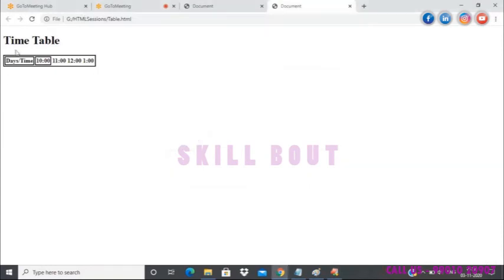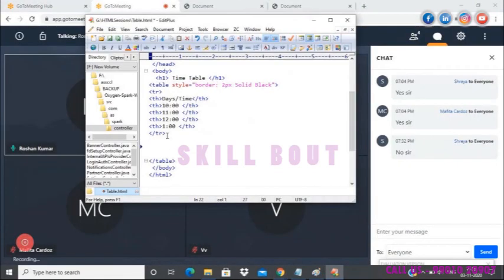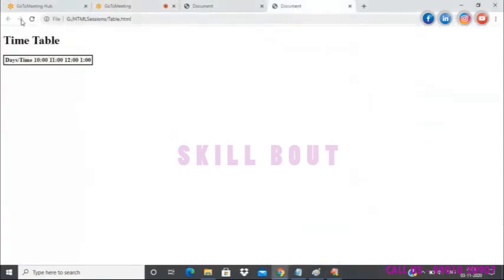We do have the first row with a few columns. Then we will go back and create the second row with the same number of columns. Yet again, you have to create another tr tag, which you should always ensure is closed. Now I do have another row in the particular table. I'll go here and see it.